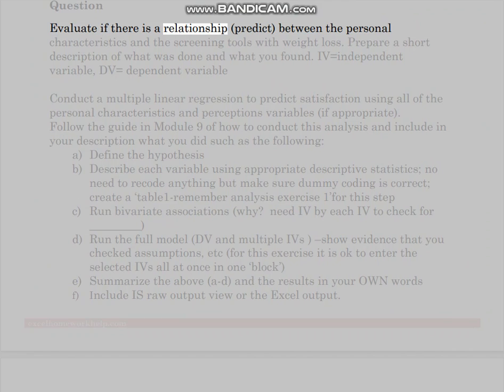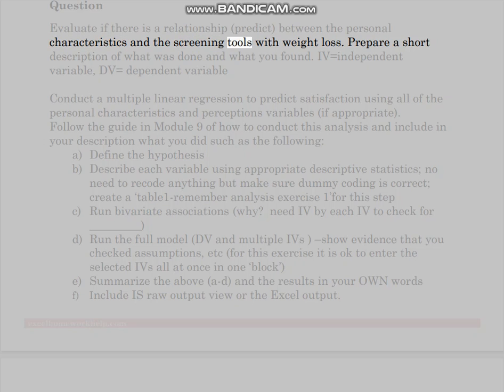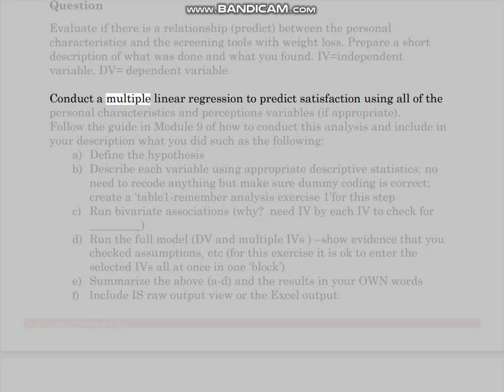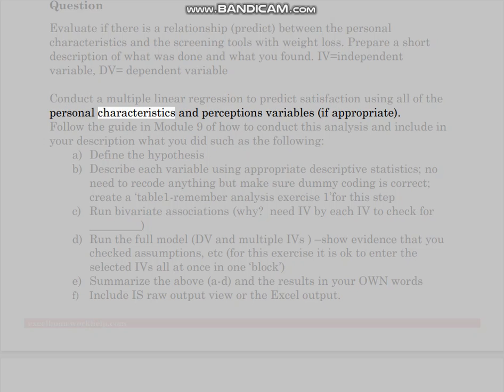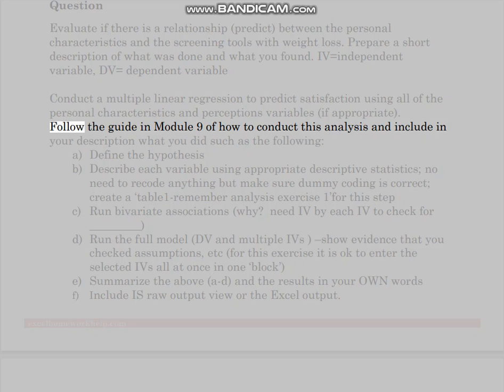Question. Evaluate if there is a relationship, predict, between the personal characteristics and the screening tools with weight loss. Prepare a short description of what was done and what you found. IV equals independent variable, DV equals dependent variable. Conduct a multiple linear regression to predict satisfaction using all of the personal characteristics and perceptions variables, if appropriate. Follow the guide in Module 9 of how to conduct this analysis and include in your description what you did,